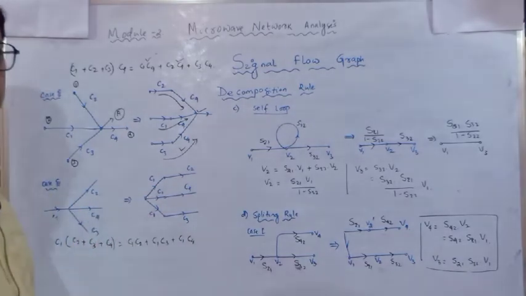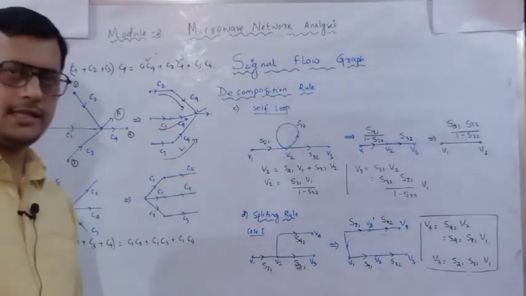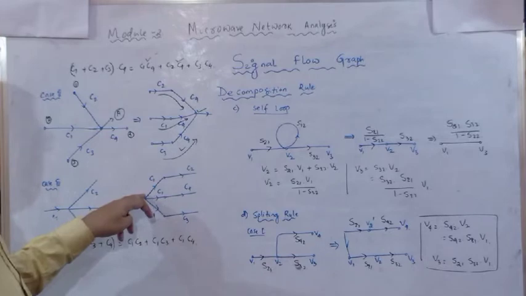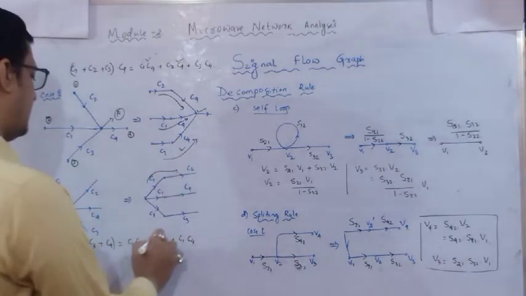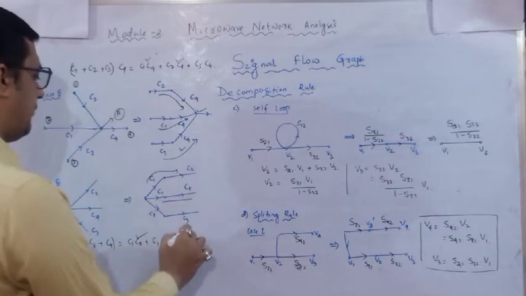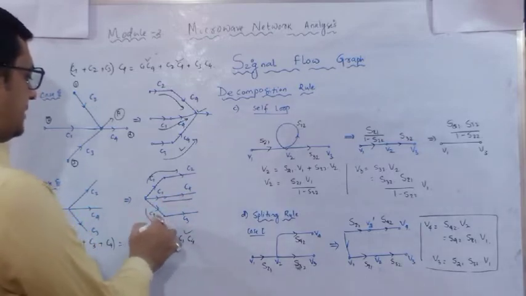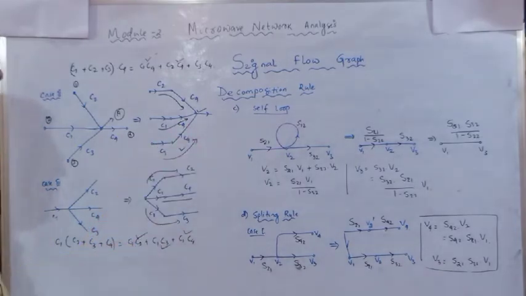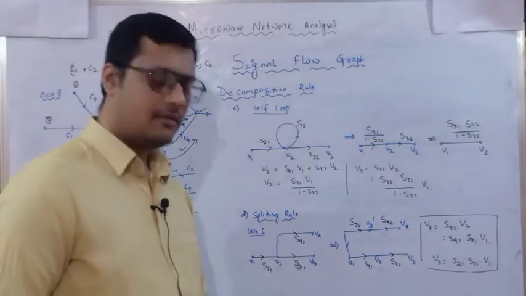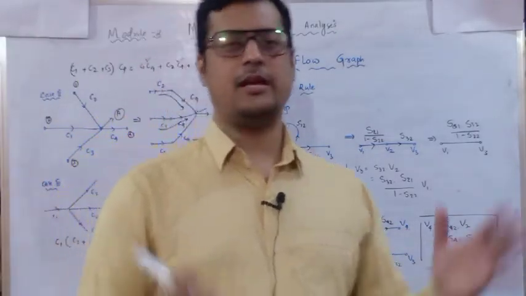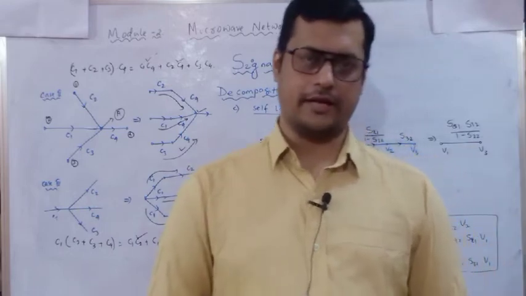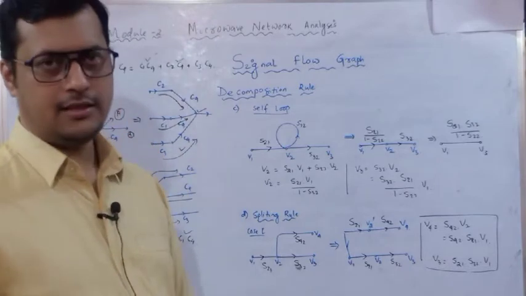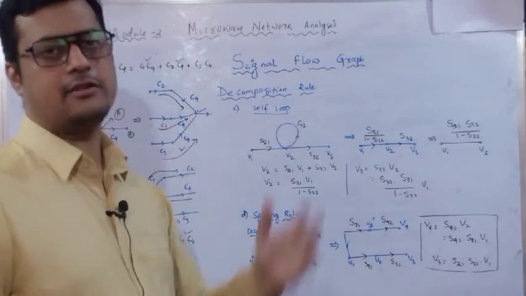That means C1 is series with C2, C1 is series with C3, C1 is series with C4, and at last we are adding up. So here you can see C1 is series with C2, so first is available. C1 is series with C4, second is available. And C1 is series with C3, third is available. And if it is in parallel, you can add it up. So this is the relation through which the splitting of scattering parameters can be analyzed for a signal flow graph. Now we are going to discuss Mason's gain formula, and then we will take a few numericals so that you can understand what we are doing with respect to the scattering parameters.